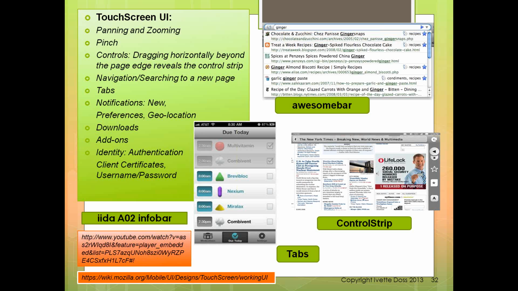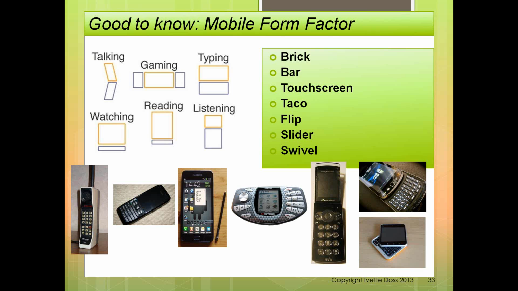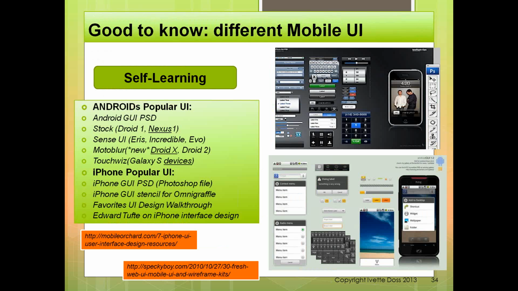So cool, everybody's happy. A screenshot can be used to show a step or a result, so they're quite useful. Okay, we already have these things. All right, so let's proceed. This one is just for you to view what a form factor is and how it looks like. Another point that I really want to bring to you is the different mobile UI. So you need to know this.